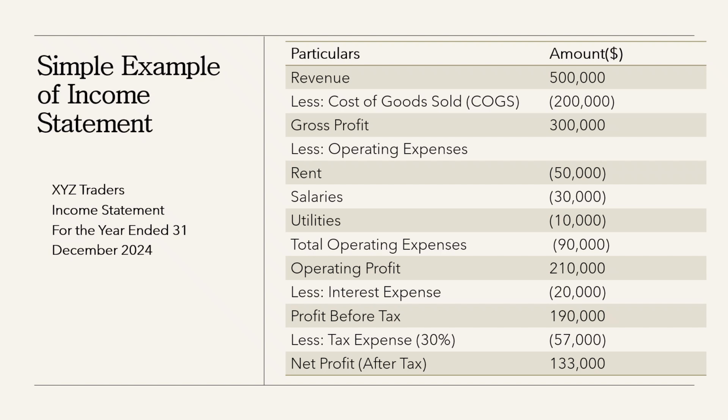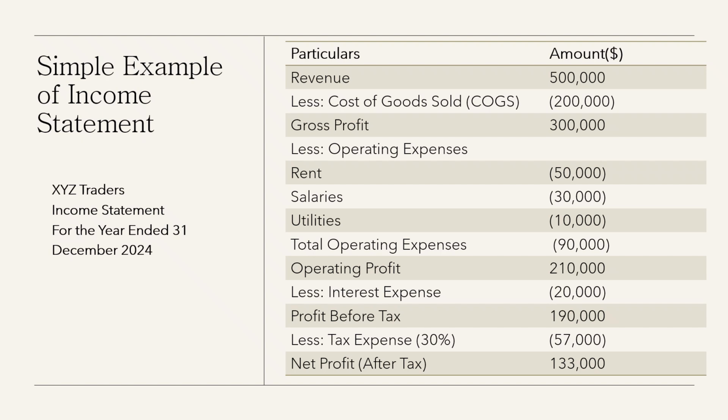Let's understand it with the help of a simple example of an income statement. Let's look at a complete income statement. Our company XYZ Traders had sales of $500,000, and after subtracting the cost of goods sold, we get a gross profit of $300,000. Then we deduct operating expenses like salaries, rent, and utilities totaling $90,000, which gives us an operating profit of $210,000. But the business also pays interest on a loan, which is $20,000, so the profit before tax